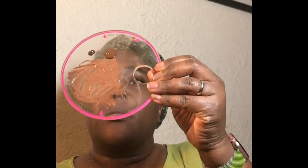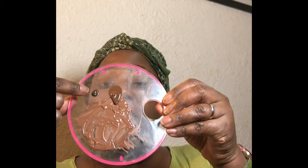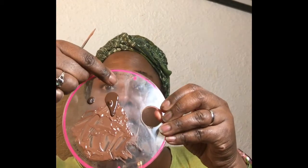Okay, I'm trying to figure out how to not make this a mess. Okay, so this is the NYX darkening drops, or deep, and this is the Body Shop darkening drops. Mixing in the Body Shop drops with my foundation on one side. So I wiped off my spatula, and now I am mixing in the NYX darkening drops, which has more of a cool undertone,